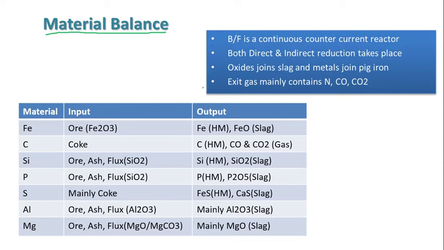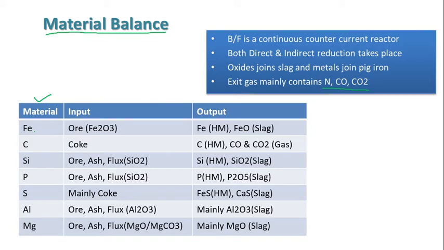And during this process a huge amount of blast furnace gas is formed due to the required reactions inside the blast furnace. The chief gas constituents are nitrogen, carbon monoxide, and carbon dioxide. When we talk about material balance, we have to go for individual element analysis so that we can balance each and every element in the blast furnace charge calculation process.